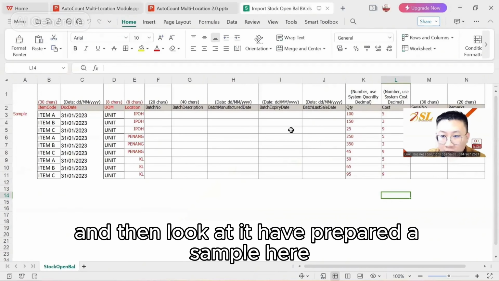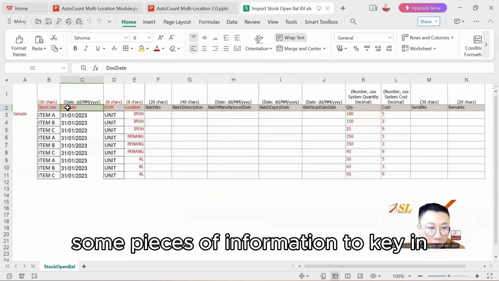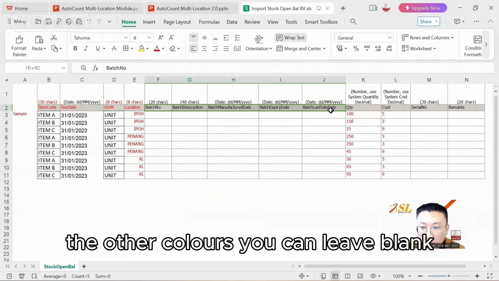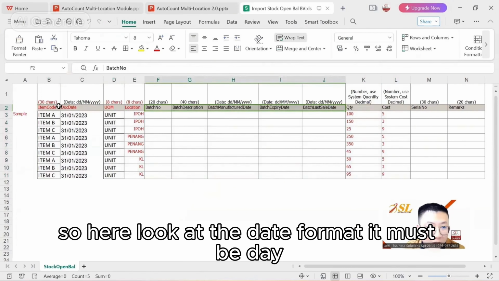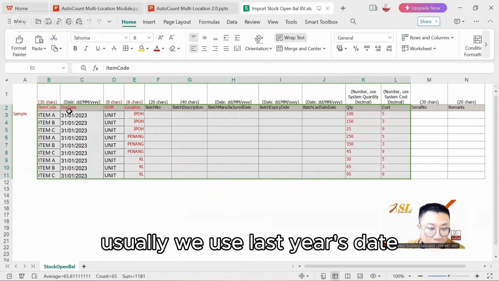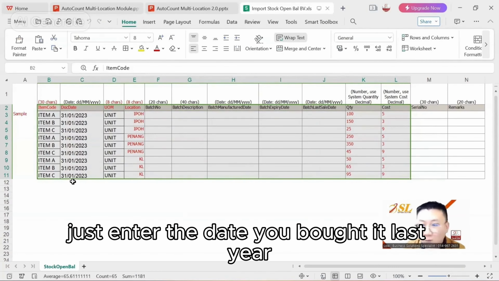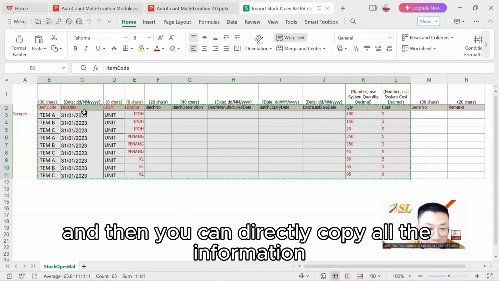I have prepared a sample here. So these are some pieces of information to key in. The red ones must be keyed in. The other colors you can leave blank, those are not important. Here, look at the date format. It must be day, month, year. So the date format is very important. Usually we use last year's date, the last day or the date you bought it last year. Just enter the date you bought it last year,